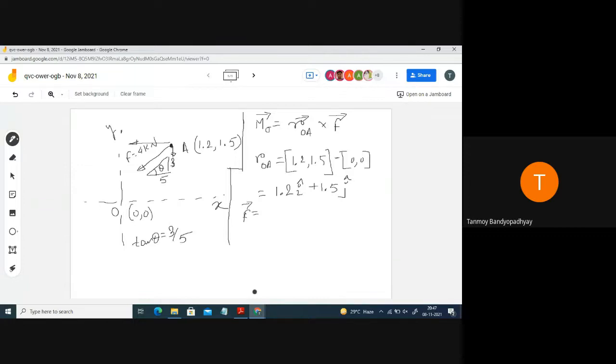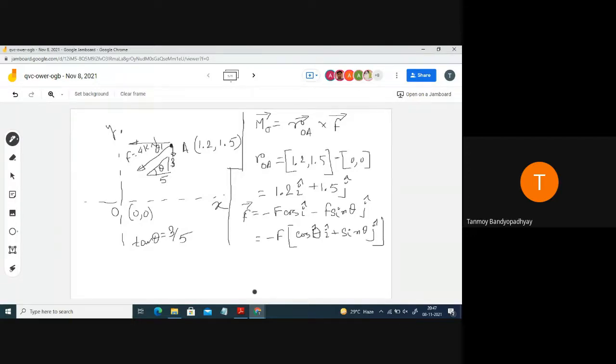So let's write vector F. So vector F will be equal to what in the vectorial form? It will be F. If this is theta, this one will be theta. So this is actually negative 1. So you are having minus F cos theta I cap, and the y component is also negative, so this is actually minus F sin theta J cap. So just you can write it as minus F times cos theta I cap plus sin theta J cap.